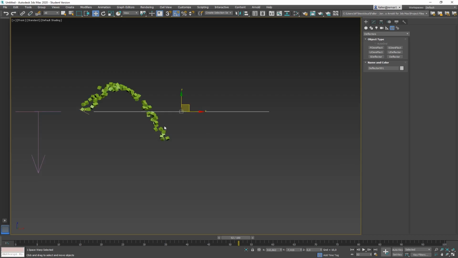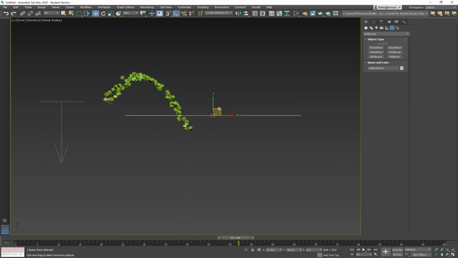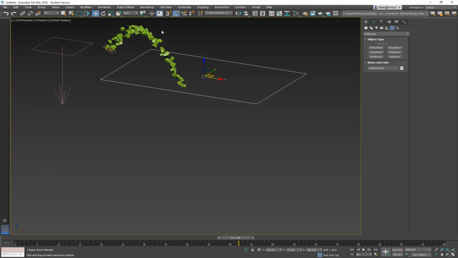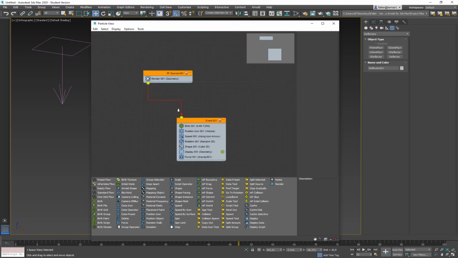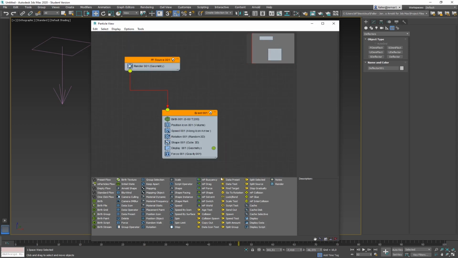In front view, I'm going to place the deflector somewhere here. So the particles will be flying up, hit by gravity, fall down, and then they suddenly hit the deflector. The deflector is just like a plane, and I will make it bounce off. To add the deflector to the scene, I hit 6 on my keyboard to open the flow. To add the deflector here, we need to do a so-called test. So this time it's not one of the blue ones, it is a yellow one, and we're going to try the collision test. That's the second one, collision here.